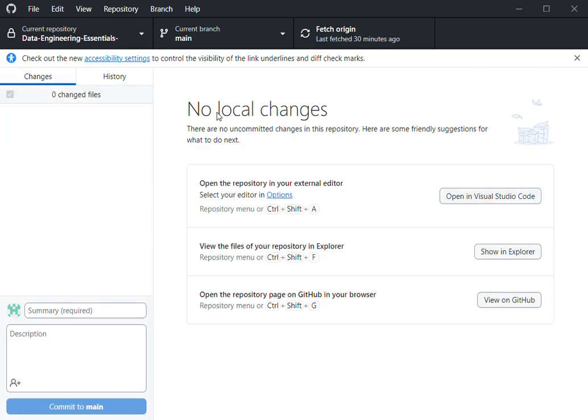So there are no local changes. In order to have a quick start, you can see these options: open the repository in your external editor, view the files of your repository in Explorer, and open the repository page on GitHub in your browser. If you open the repository on GitHub in your browser, then you can see